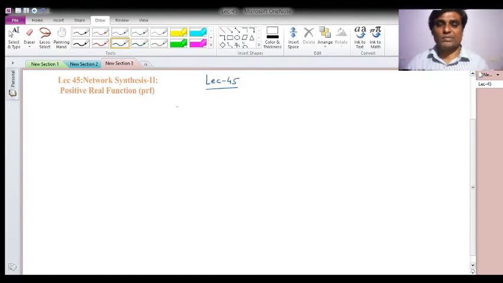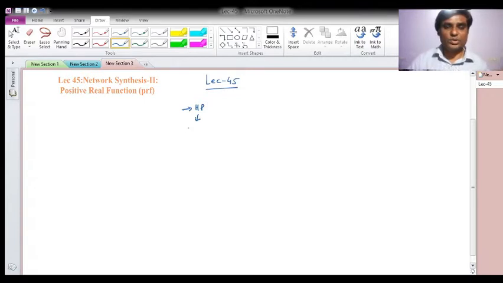We have seen how we can check causality in the time domain as well as in the frequency domain. Similarly for stability, we have seen in the time domain that it will be bounded input bounded output, or in the frequency domain that all the poles will lie on the left hand side of the S plane, or the poles may be a simple pole at the origin, but it has to be simple, not multiple. In order to test that we should have the Hurwitz polynomial, and how to test the Hurwitz polynomial, that also we have seen.